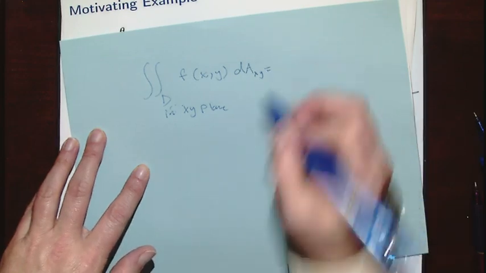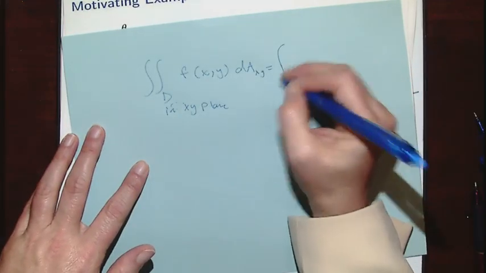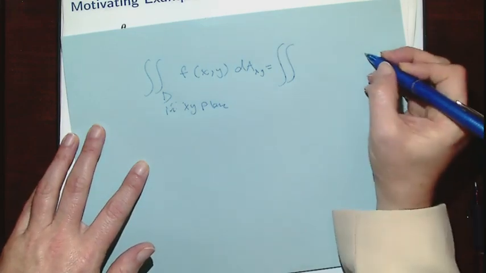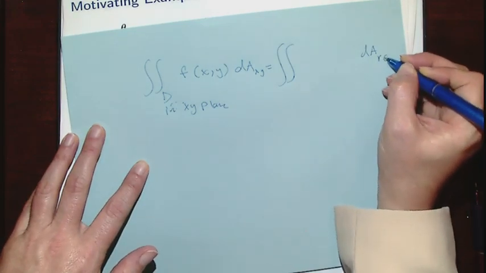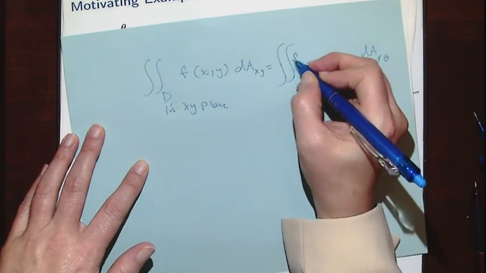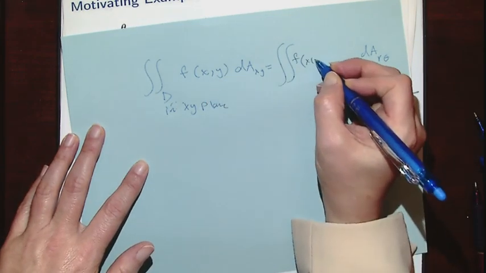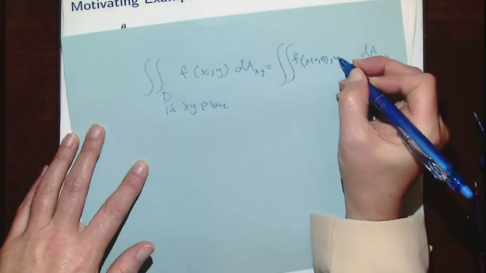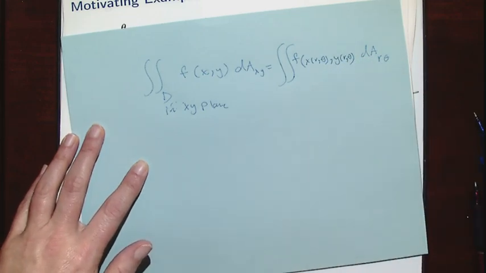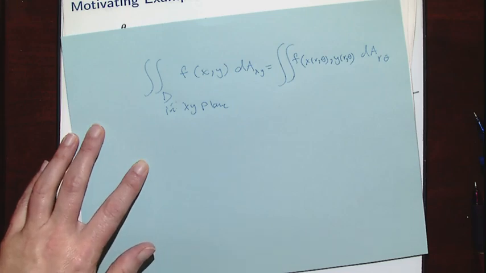If I want to change the variable to another, let's say r and theta instead, and I will have then f of x of r and theta and y of r and theta, then I need